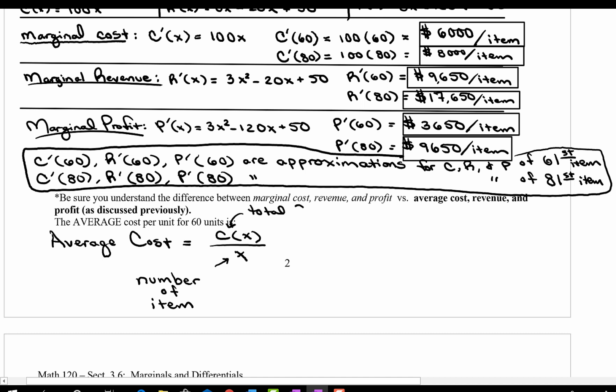So if you divide the total cost by the number of items, that should get you the average cost per item. So C of 60 divided by 60,